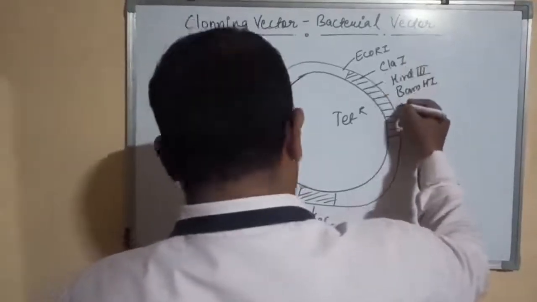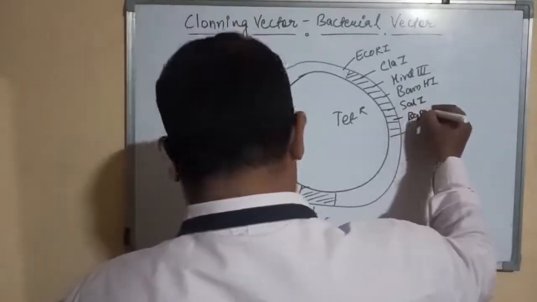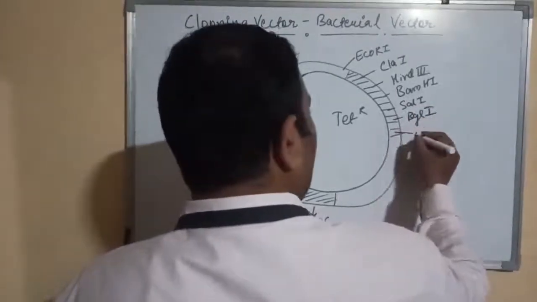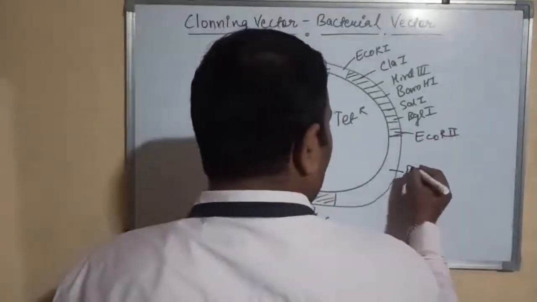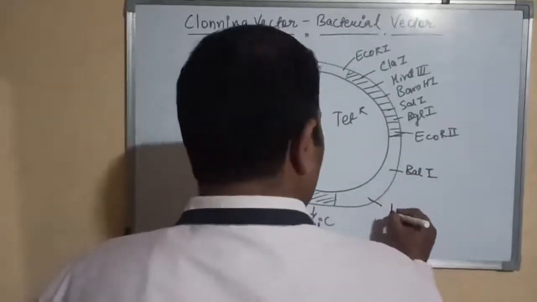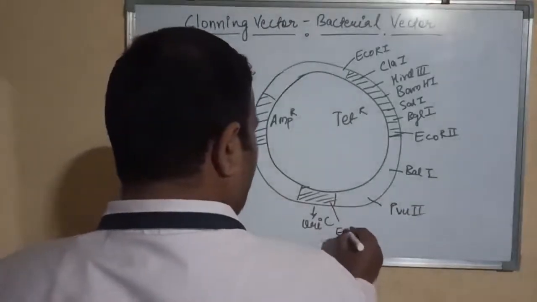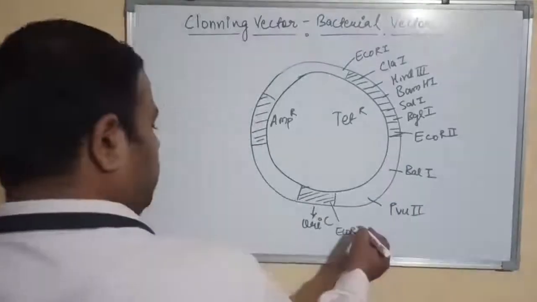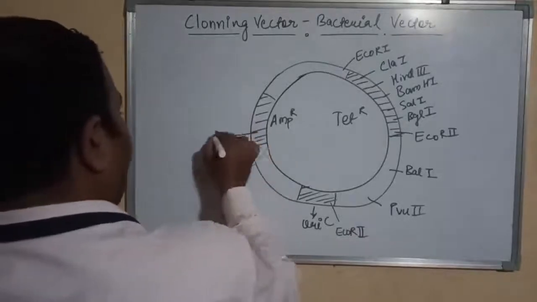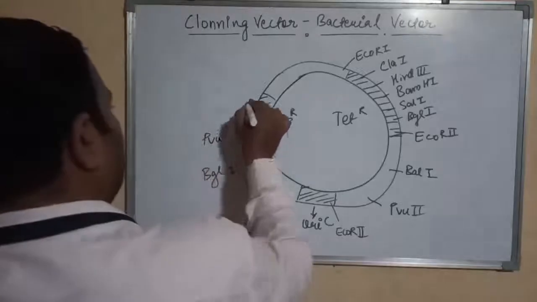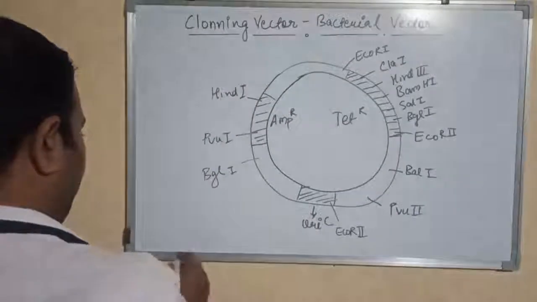That is EcoR1, Cla1, HindIII, BamH1, Sal1, Bgl1, EcoR2, then Bal1, Pvu2, EcoR1, EcoR2, Bgl1, Pvu1, Hind1. Okay, so this is the plasmid pBR322,